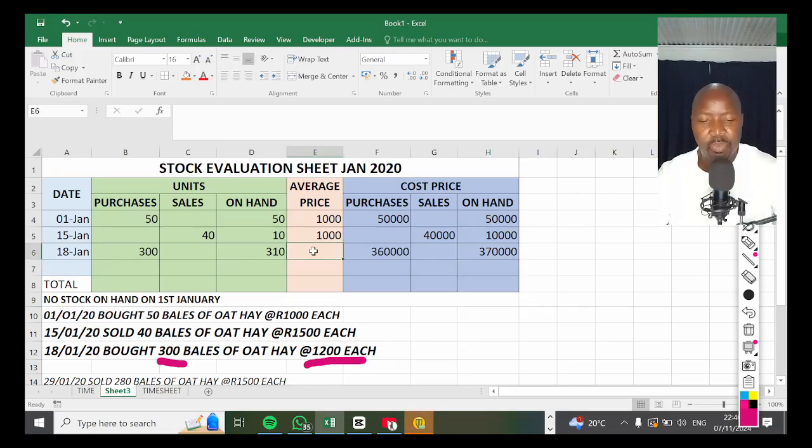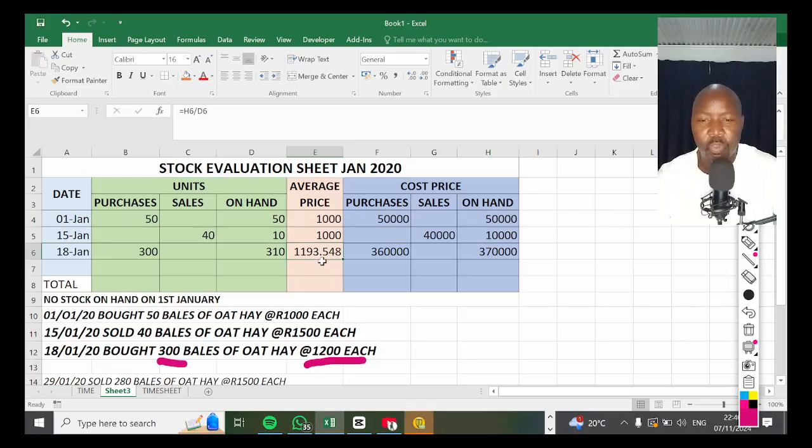In the middle, you do equal sign, cost of stock on hand, divide by units. Divide by units. And then you press enter. That's how you average the price. It's going to give you a new